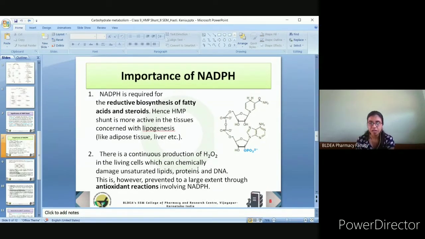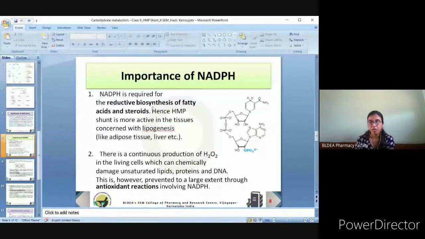So now these free radicals, obtained from hydrogen peroxide, will tend to degrade the cells, or damage the cells by damaging DNA, proteins and lipids. The action of this hydrogen peroxide must be counteracted. Hydrogen peroxide is removed with the help of NADPH, so the action of these molecules is counteracted with the help of this NADPH molecule.